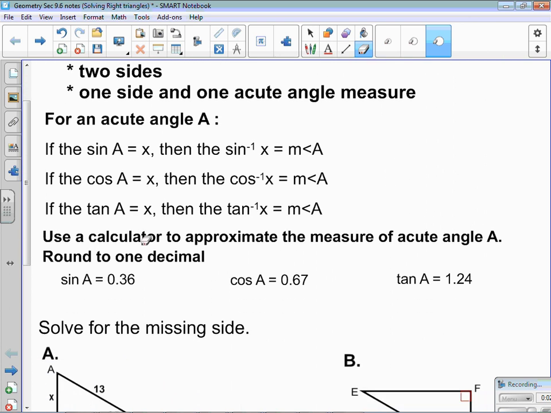Now we can use the sine or cosine to find what the actual angle is. So here we want to use a calculator to approximate the measure of acute angle A, rounding it to 1 decimal. So it says the sine of A equals 0.36. So just like this first line says, if the sine of A equals 0.36, then the inverse sine of 0.36